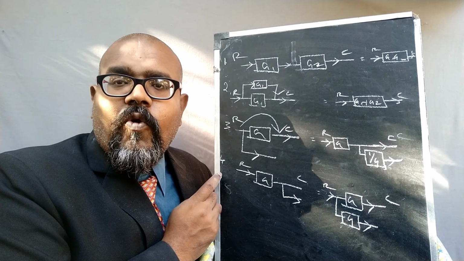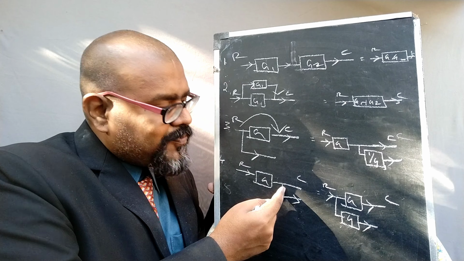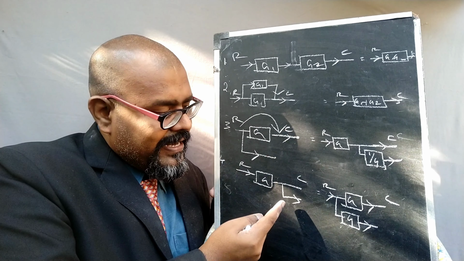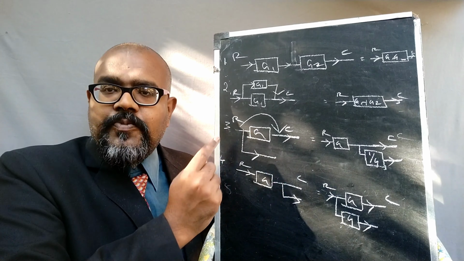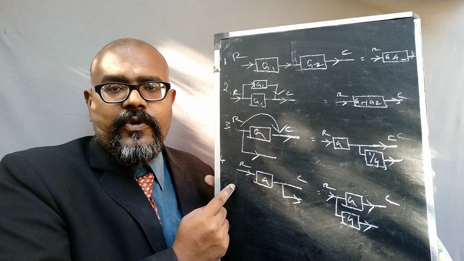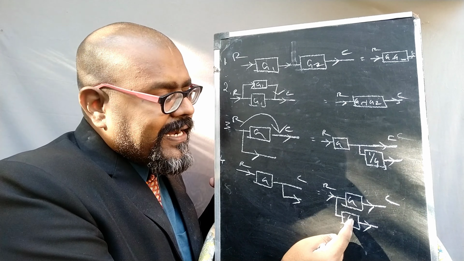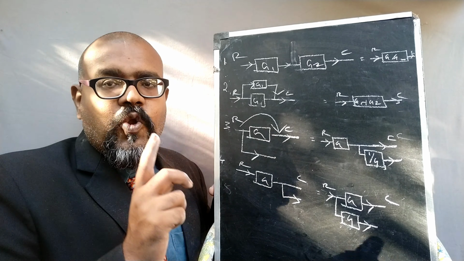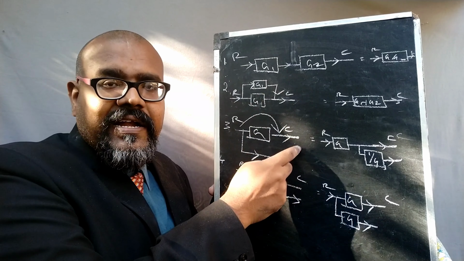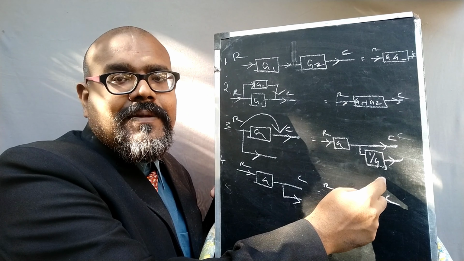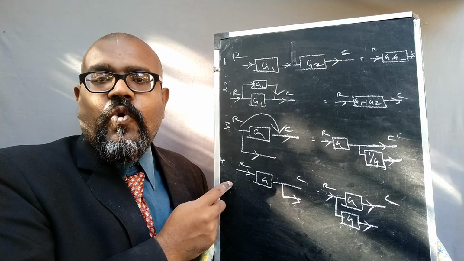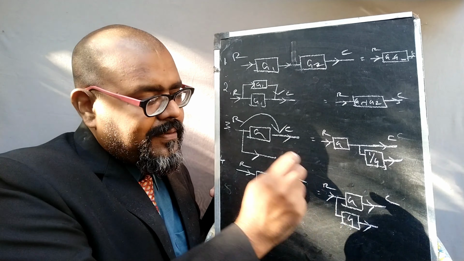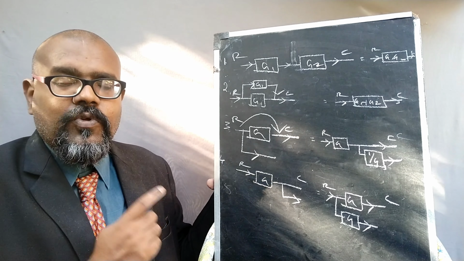Okay. So the fourth rule is moving a branch point behind the block. Previously we saw moving ahead of the block. Here the condition is moving the branch point behind the block. Then what we are going to do is multiply that particular block and put it like this. Please remember, don't confuse. If you move ahead of the block, then reciprocate the block and multiply. Here there is no need of reciprocation for moving behind the block. You just put it like this. So this is the rule you need to follow.